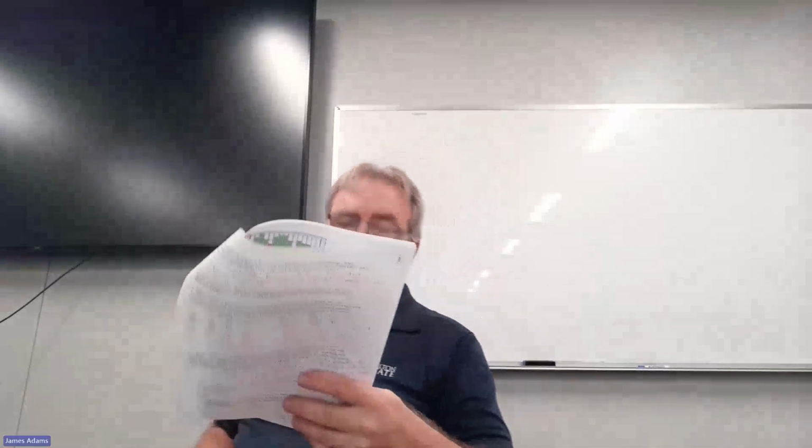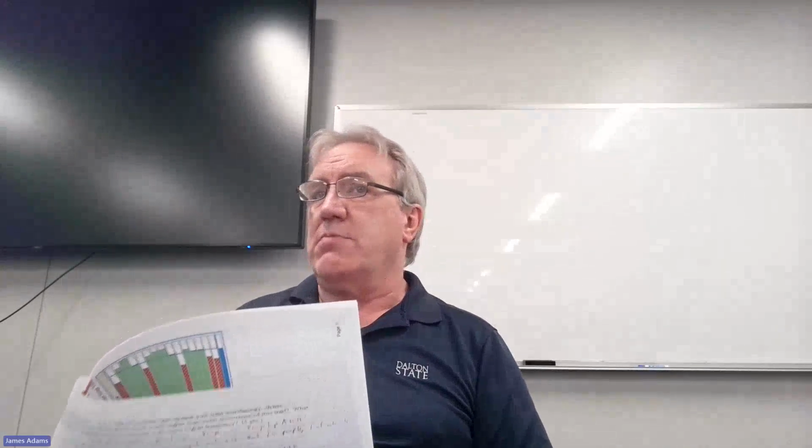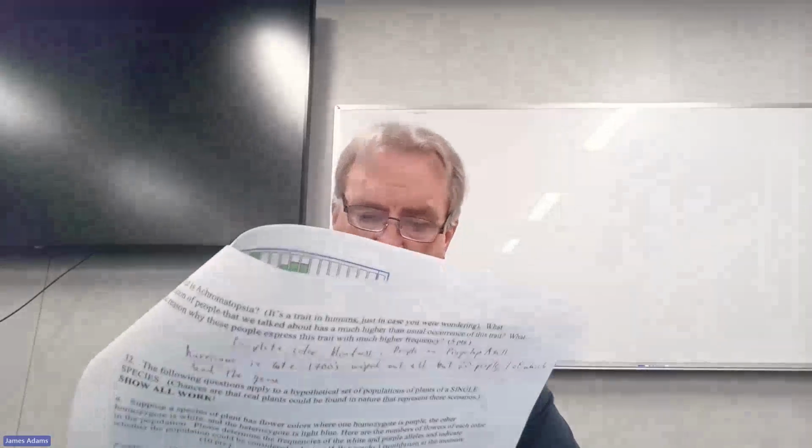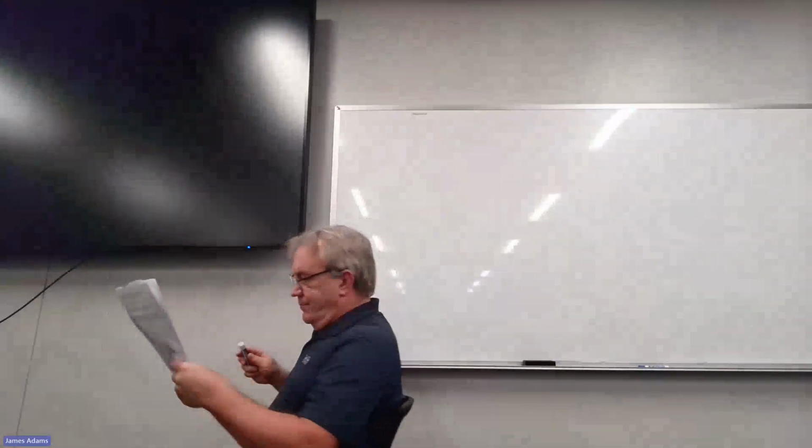Okay. On 30, A is possible. If you add up the numbers, they add up to the frequencies of the individual alleles. It's possible. If you then do the math, it gives you a number of 0. Does anybody need to see the math? I'll show you the math on the next one anyway, and so we'll be sure to know how to do this. Which means, of course, they are inherited independently, and you needed to say that because that was part of the question. Inherited independently. For B,